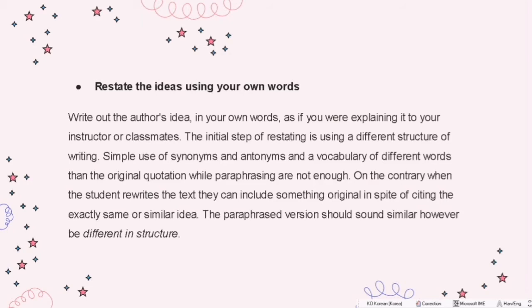The initial step of restating is using a different structure of writing; simple use of synonyms and antonyms than the original quotation while paraphrasing is not enough, so it can still be counted as plagiarism. On the contrary, when students rewrite the text, they can include something original in spite of citing the exact same or similar idea. It can be done by altering the sentence structure or using a different voice in the